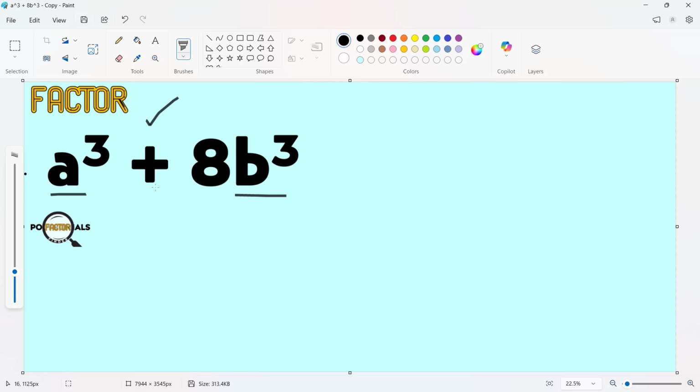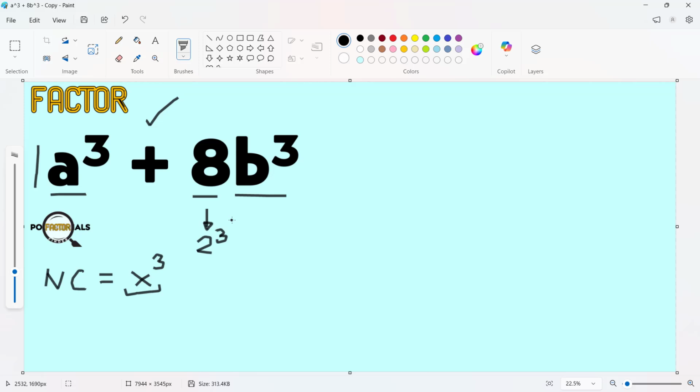Sum, we have here addition, and we're going to examine if the first and the second term, or both terms, are perfect cubes. When can we know that a certain expression is a perfect cube? First, the numerical coefficient must be a perfect cube. So it would possibly be x cubed, numerical coefficient for any x. Since we have here 1, that would mean 1 as a numerical coefficient is a cube of 1, and 8 is actually represented as 2 cubed. In short, both numerical coefficients for the first term and second term are perfect cubes.